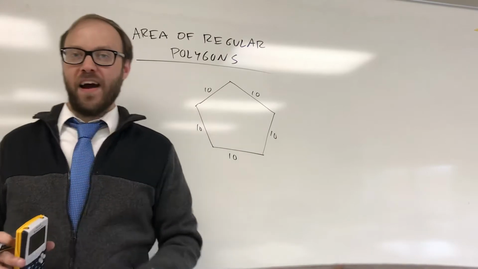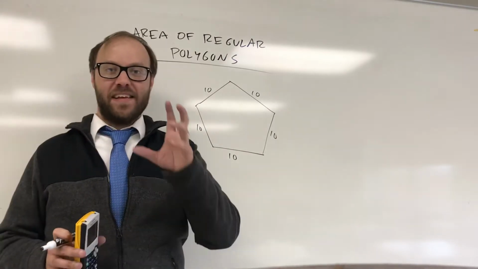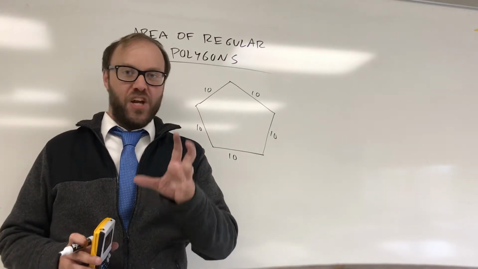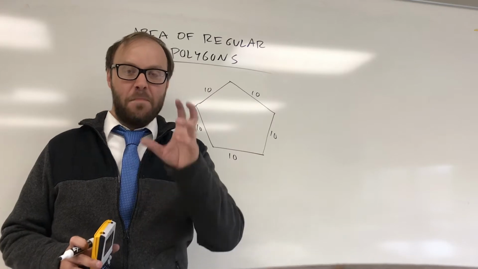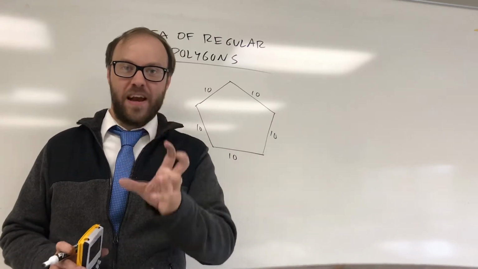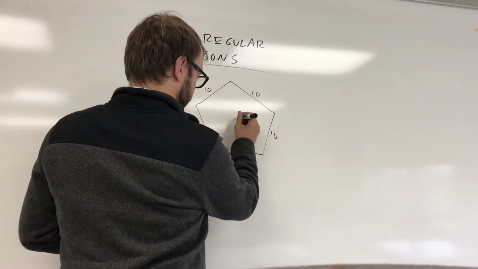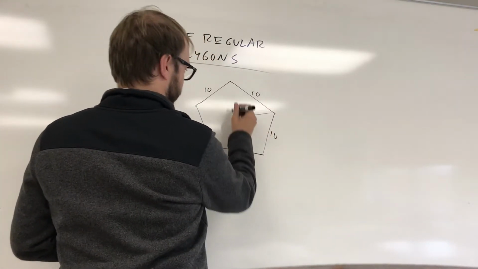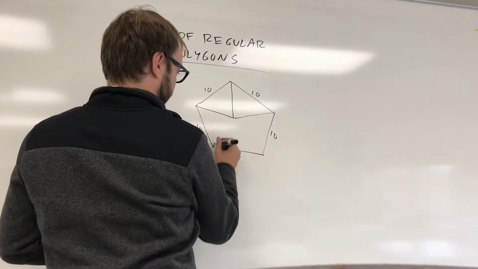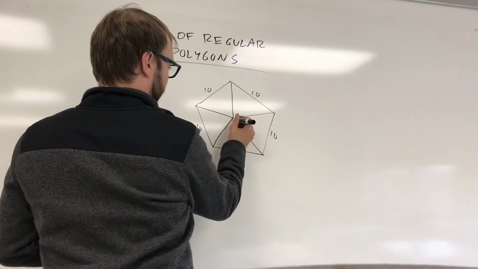In this case, we're going to look at a pentagon. It's a regular pentagon. It has equal side lengths. It has equal angle measures. You need to be very careful. Pentagons do not break up into equilateral triangles. You are going to break it up the same way, with a kind of spokes pattern out of the center like this. However,